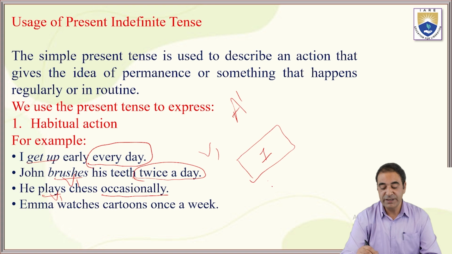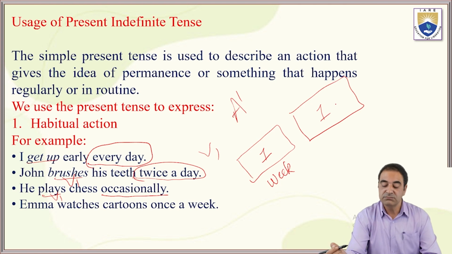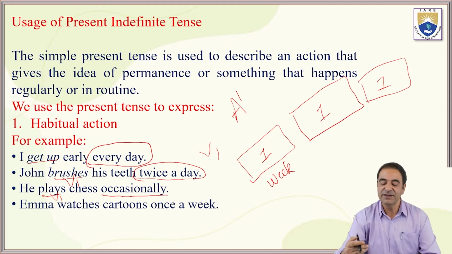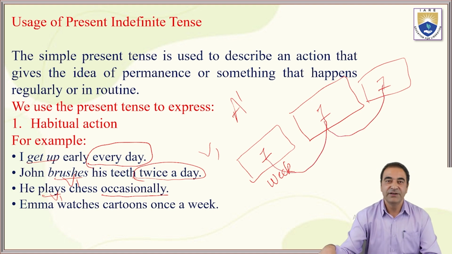Then this is the first week. Then the second week, again he plays just once in a week. Now he repeats the same thing. In the third week, again he plays just once in a week. Therefore, here is the repetition of an action. This action is repeated. Therefore, a habitual action, because here this work, that means playing chess, has been repeated,